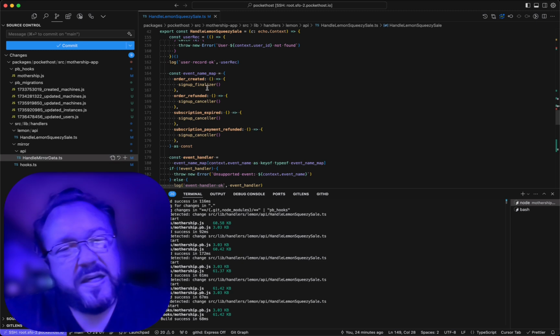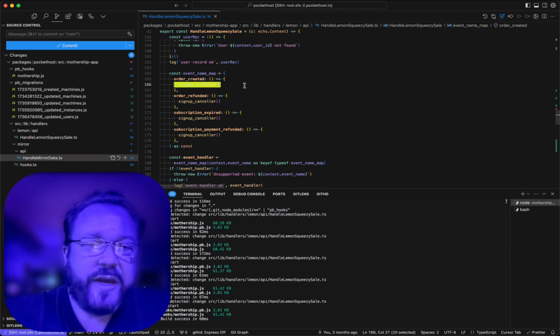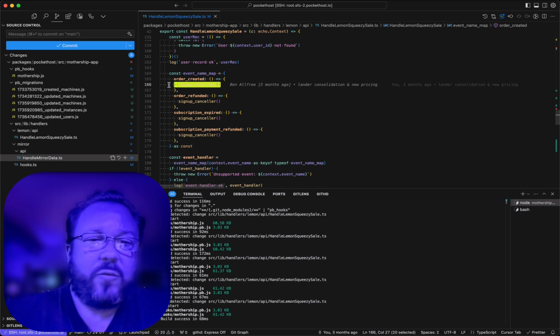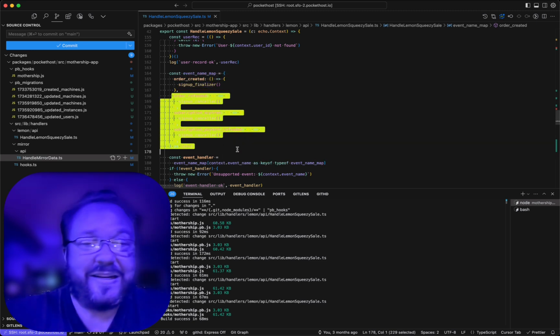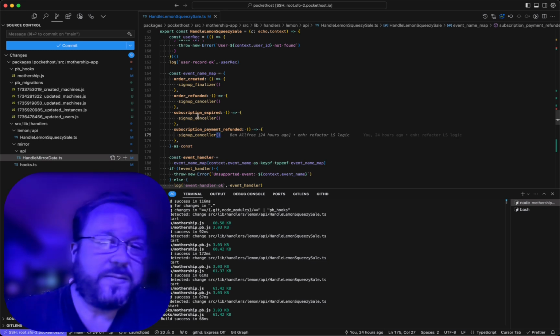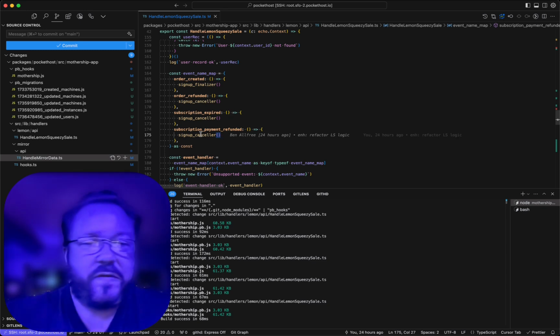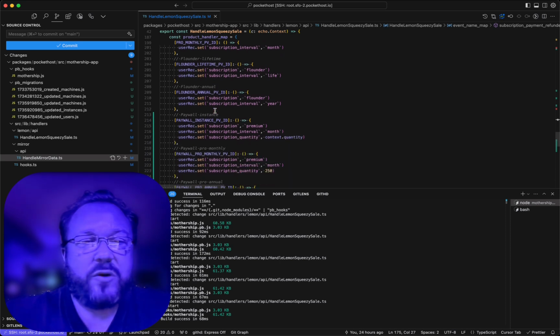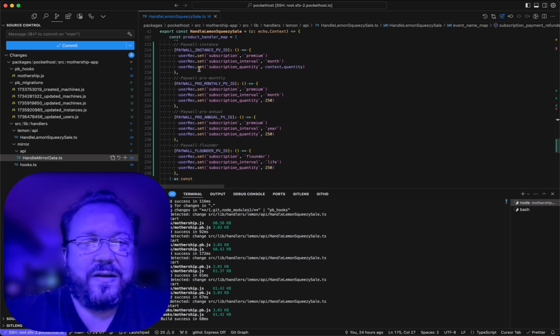And then remember last time we were talking about order created will cover both subscriptions and orders. So when order created is called, subscription sign up finalizer is called, anything else refunded, order refunded, subscription expired, subscription refunded, those are all cancelers. So let's go down here, and we're going to add all the handlers for